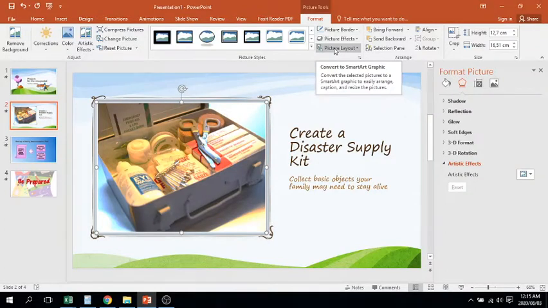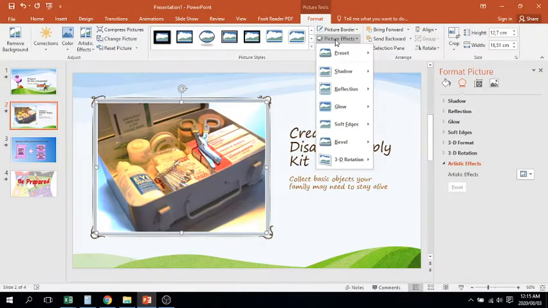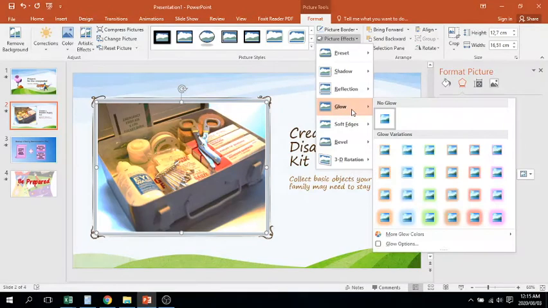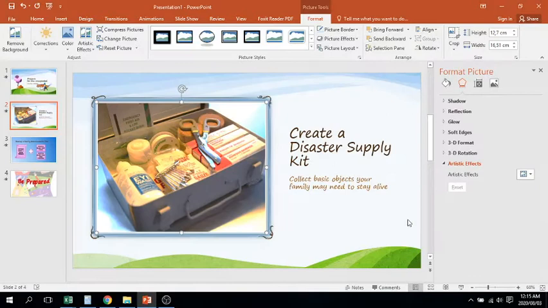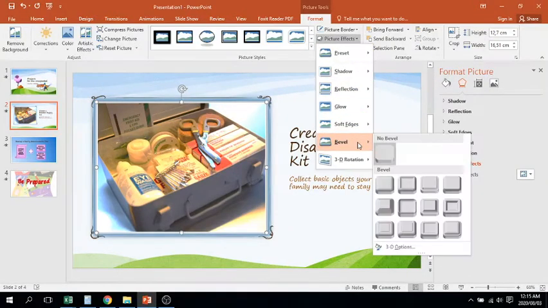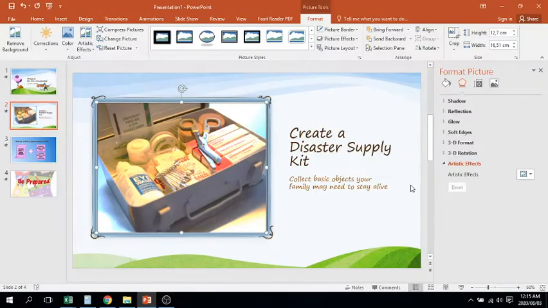Okay. Now we want to apply a picture effect. So you just simply click on picture effects. Then you go down to glow and you are choosing this one here that says light blue. And you're going to add a bevel. Sure, you're doing so much to this picture. You're going to add a bevel that looks like this. It's called relaxed inset. Alright. And let's see. I think the only thing left for this chapter is